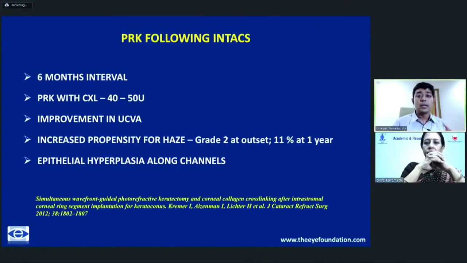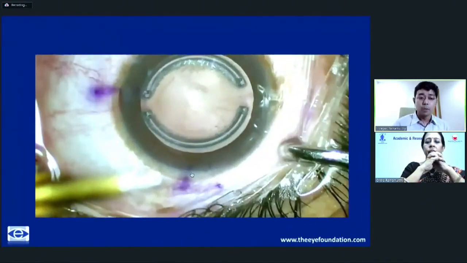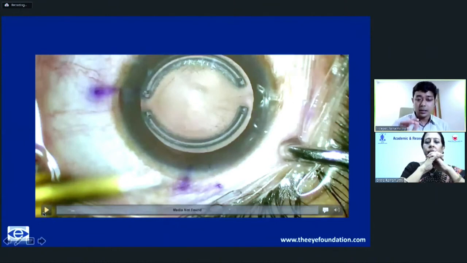Topo-guided PRK or PRK can be done following INTACs also if sufficient thickness is there. However, there is an increased propensity for haze and epithelial hyperplasia along the channels, and this is something that you need to be watchful for. After intracorneal ring segments, if the best spectacle corrected visual acuity has improved significantly and the patient is comfortable with the spectacle corrected visual acuity,